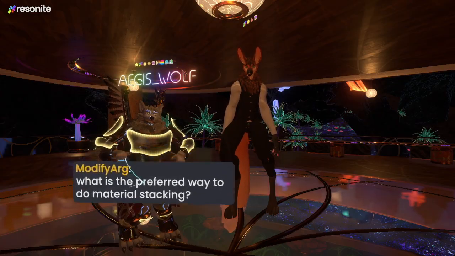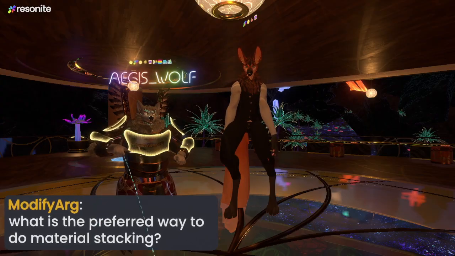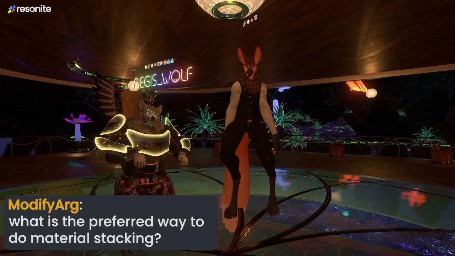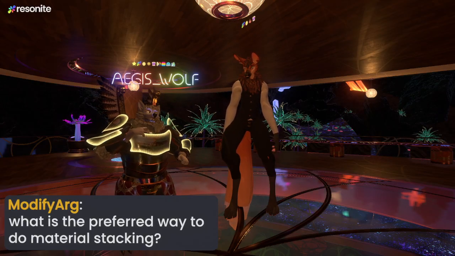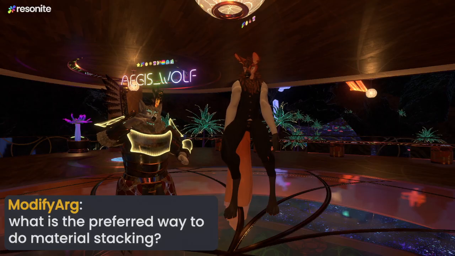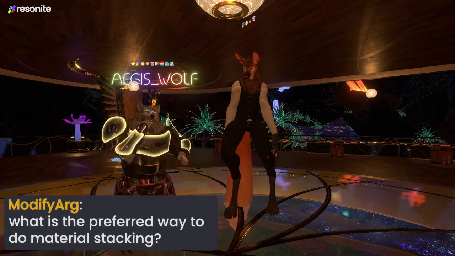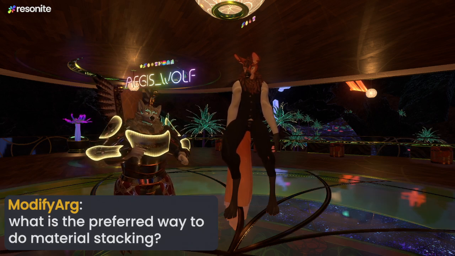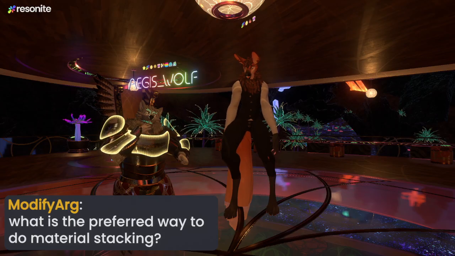We do have another question from Modify ARG, and it relates to material stacking. What is the preferred way to do material stacking? Now, I know some people usually would do material stacking by adding an extra slot onto the materials in the mesh renderer, but while it's not the most recommended thing in the world, if you are going to do it for a specific case, you should do it with another renderer.